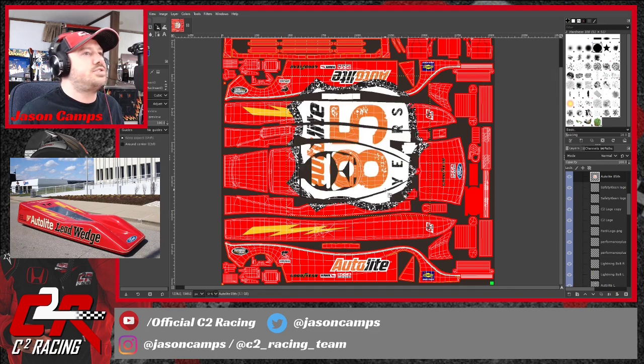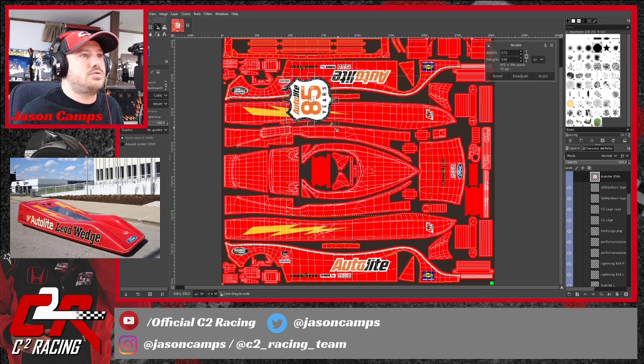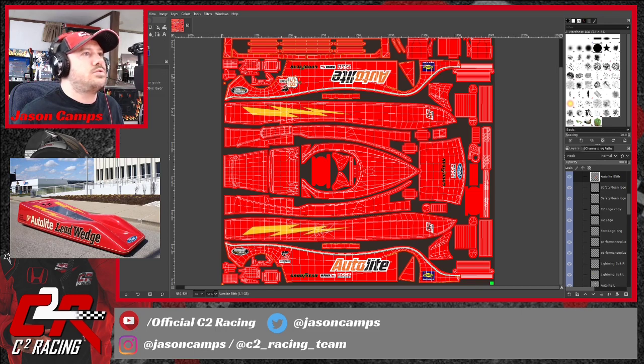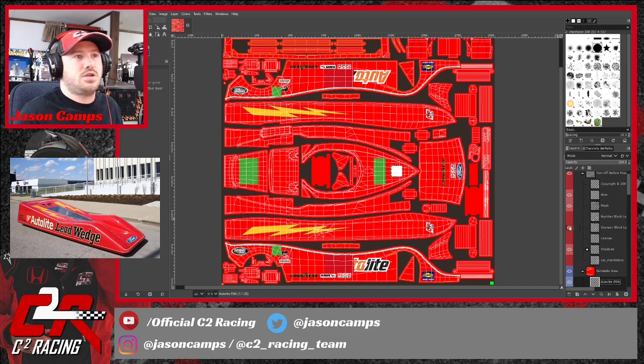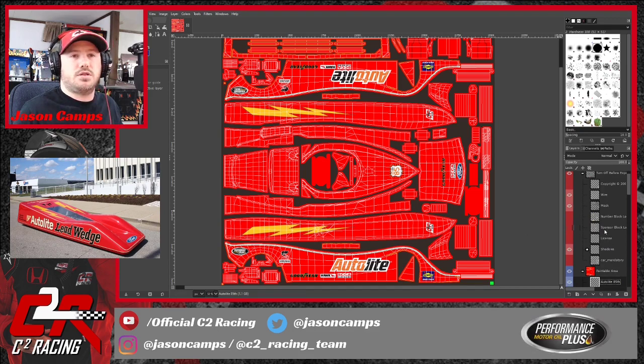We're going to resize it. Then we're going to stick that, I think, right there. That's about where the recommended spot was, right? Right on top. Perfect. All right. And then we're going to take the main Autolite logo